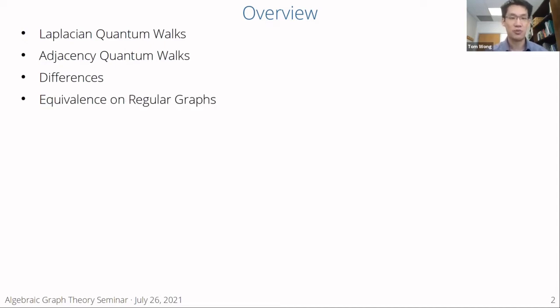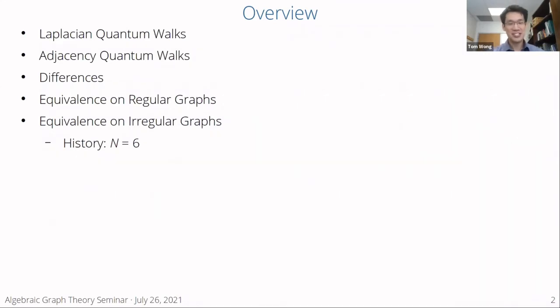And then we'll start talking about how they can be equivalent to each other in different circumstances. One well-known result is that they are equivalent on any regular graph. Then we're going to jump into our contribution with this preprint, which is that they can actually be equivalent on irregular graphs. I'm going to go into some of the history of this by looking at a graph with 6 vertices, because Josh brought this up to me back in January of 2016, over 5 years ago. It's only recently, within the past year, that we made some significant headway that led to writing this paper.